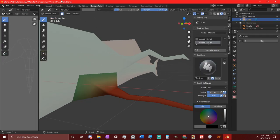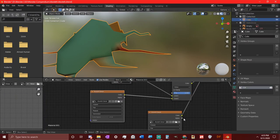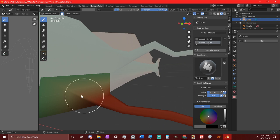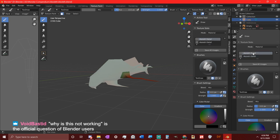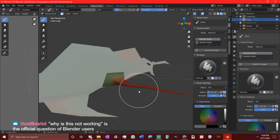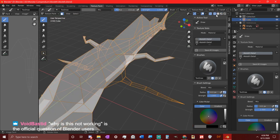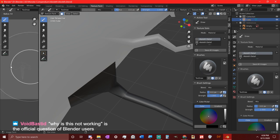That is the question. It is currently not working. Why is it not working is the official question of the Blender users. Unfortunately, it seems to be the case, yeah. Am I using the wrong image? As far as I'm aware, I can...